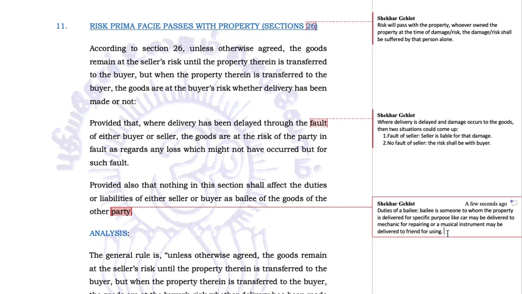But if there is some fire in the godown, and this is not the fault of the workshop, not the fault of the bailee, there is some fire in the nearby godown and it catches the workshop of the bailee as well, or there is some earthquake or some other calamity which the bailee could not have controlled or taken care of, in that case the damage, whatever happens, will be with the owner only. So the bailee is required to take care of the goods belonging to someone else as his own.